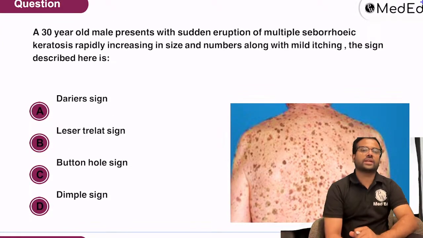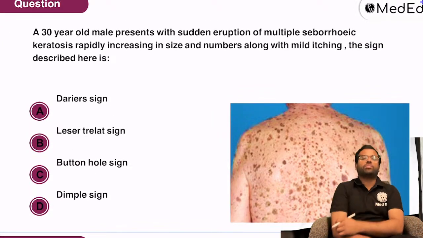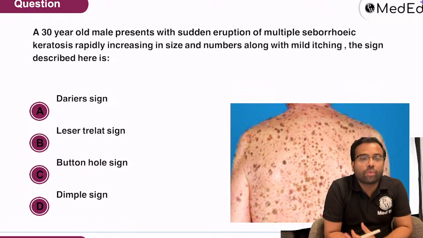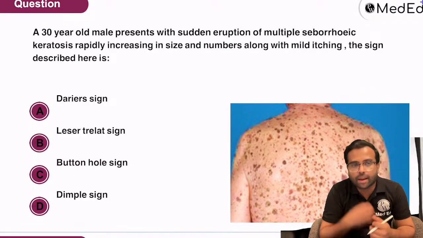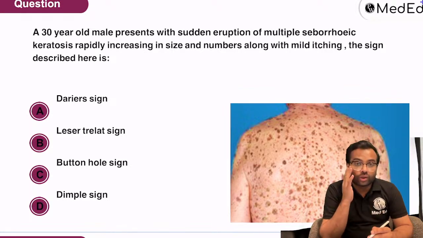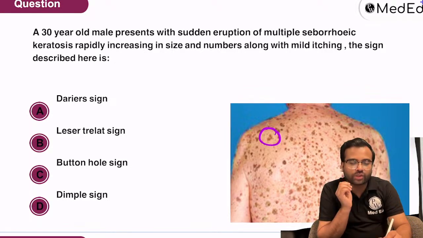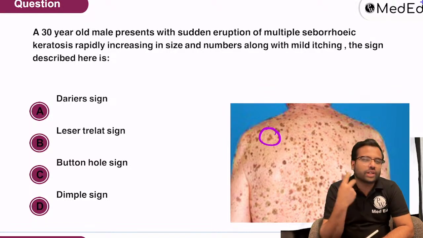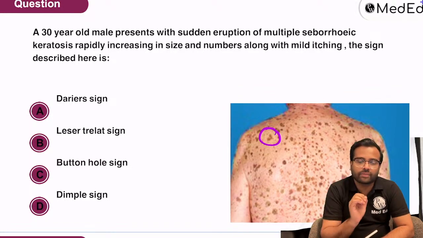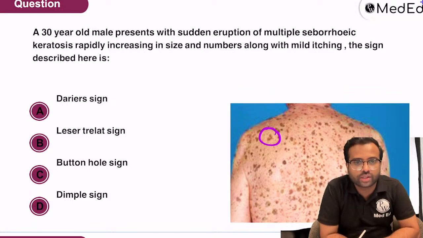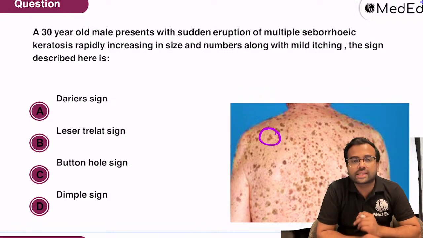So this is the next question. A 30-year-old male presents with sudden eruption of multiple seborrheic keratosis. It is rapidly increasing in size as well as number. Usually with seborrheic keratosis, we may see that elderly patients have one lesion or a couple of lesions together. But when you get a multiple eruption of seborrheic keratosis, this is going to be a sign